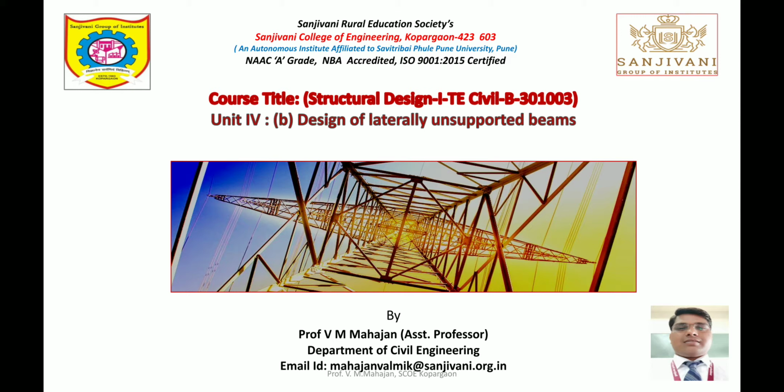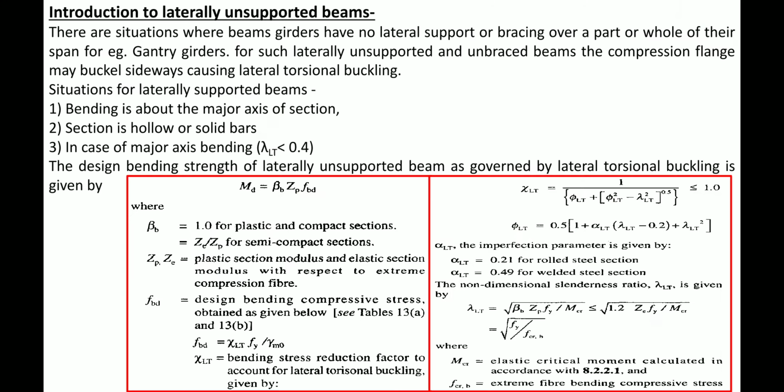Myself VM Mahajan. So today we are going to learn unit number 4 of B part, design of laterally unsupported beam. Laterally unsupported beam is nothing but situations where beams or girders have no lateral support or bracing over a part or whole of their span. For example, if you take the example related to gantry girder, such kind of laterally unsupported beam condition may arise in such